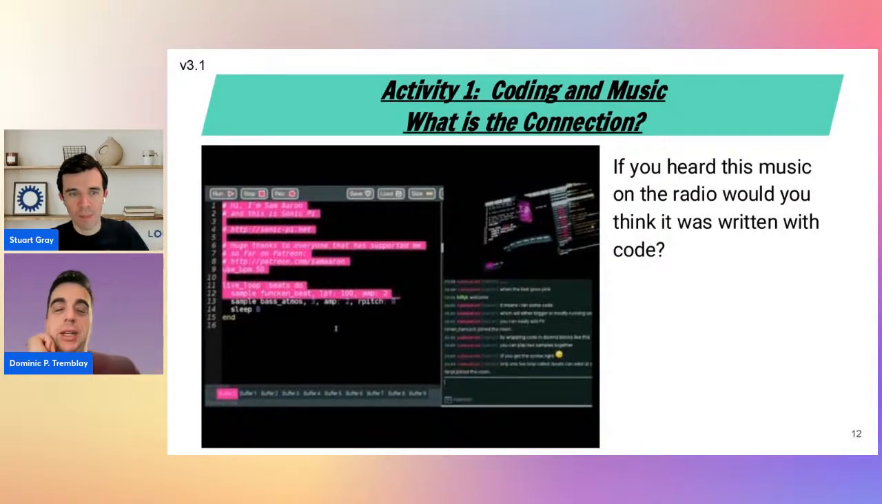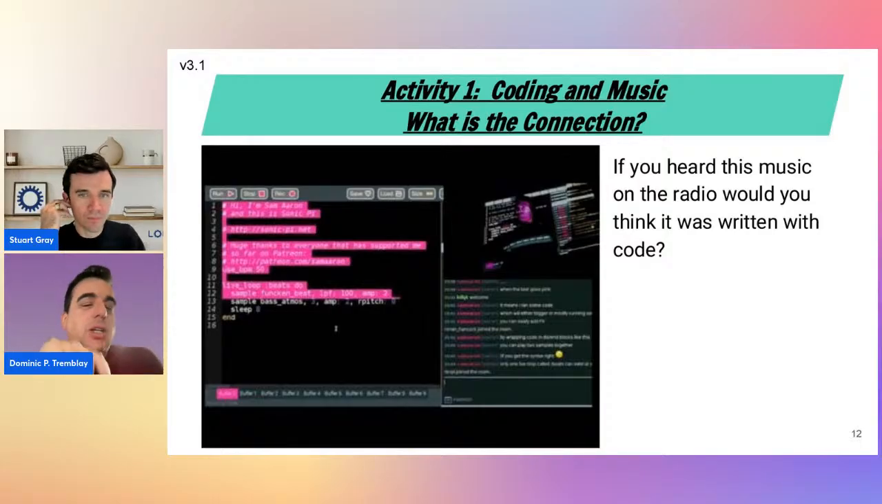Now, one of the first activities we do with the students is we have a look at this YouTube video. I'm not going to play it because it's a 3-hour YouTube video, and I never actually fully play it with students. But they get to explore and hear a DJ, and the DJ is coding as the music is playing, and they can hear some of the changes that are happening as the DJ is changing the